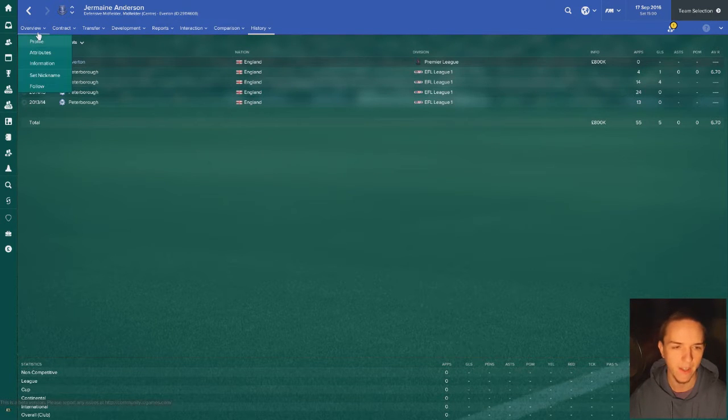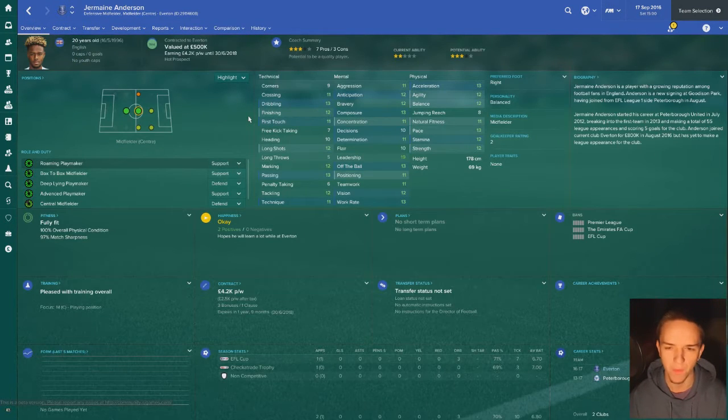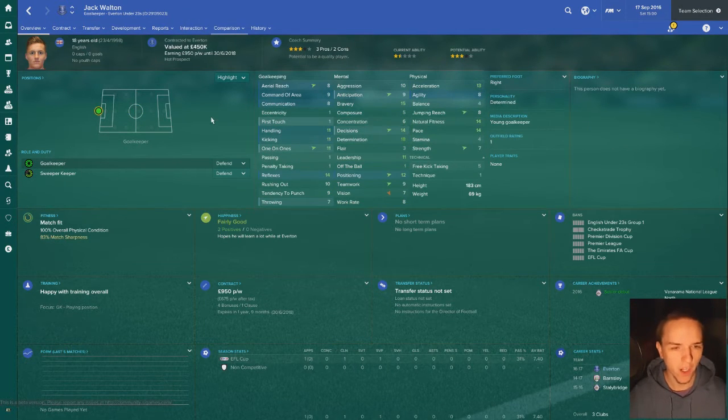£800,000 initial fee. I think they get a percentage of profit and stuff like that, but it's just straight up £800,000. And he looks very decent, balanced physically. Very nice leadership at 19, so he might be a good idea, maybe, as captain for the under 23s. He looks very solid. Also got a young goalkeeper, Jack Walton, bought from Barnsley,